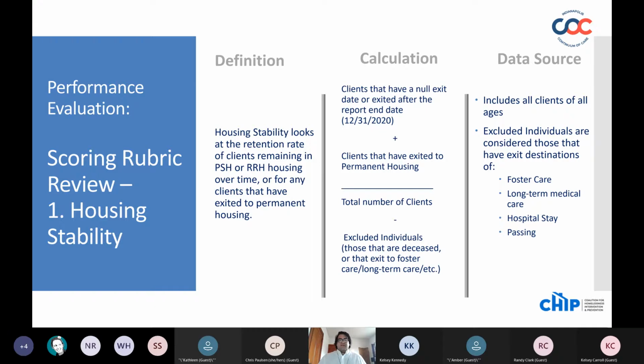So the first scoring rubric criteria is housing stability, which looks at the retention rates of clients in PSH or RH housing over time, or if they've exited to permanent housing. In terms of the calculations, we're including any clients that have a null exit date or that have exited after the report end date. We add that to any clients that have exited to permanent housing. And then we divide that by the total number of clients minus any clients that are excluded from being a ding against the